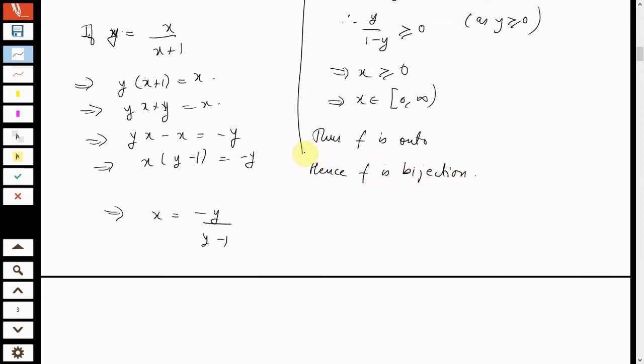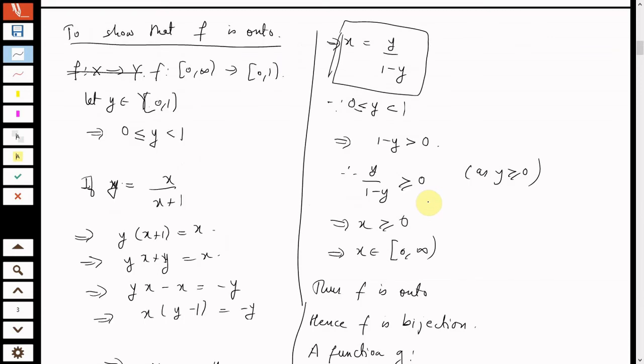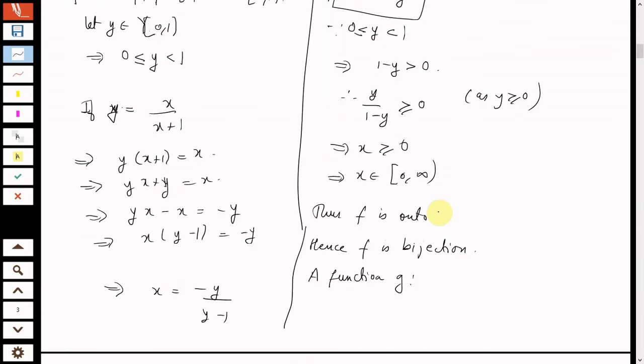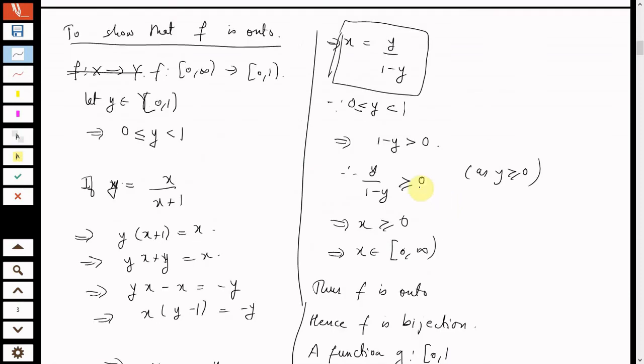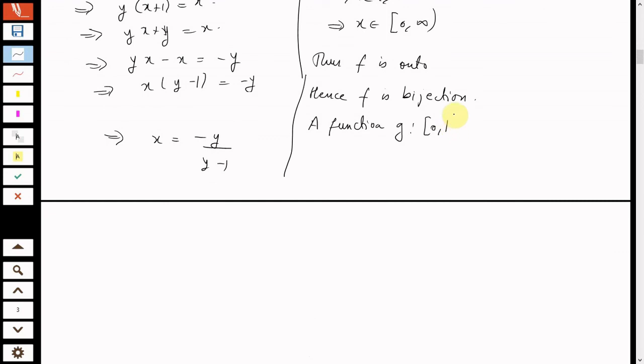Okay, and the inverse of the map, the function g defined from Y. What is the codomain? (0, 1). I think this is open. (0, 1) to (0, infinity), defined by